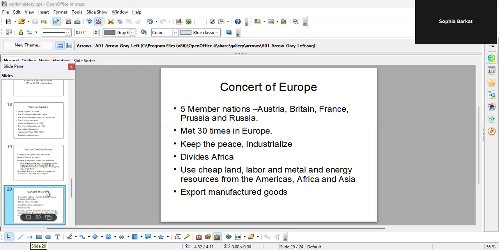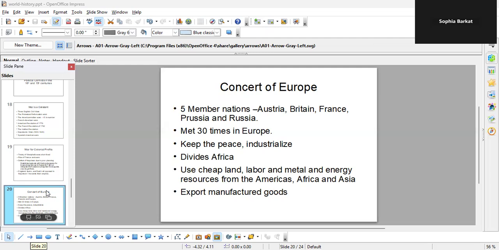We saw what the French tried to do, right? And now we're trying to do something different. We've included the French, even though they were very unstable. And now we're going to have these regular conferences. We're going to get together and talk about power issues. So they met 30 times between 1815 and I think the 1880s. So they're meeting many times. The idea is to keep the peace,